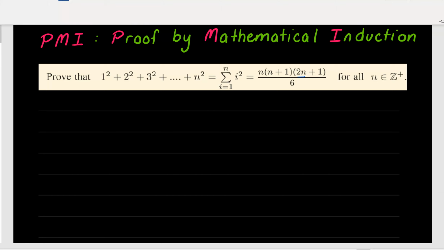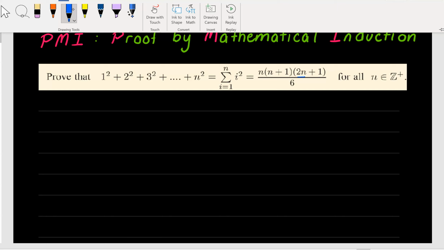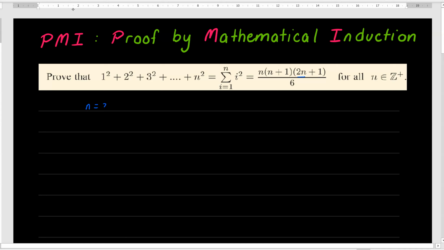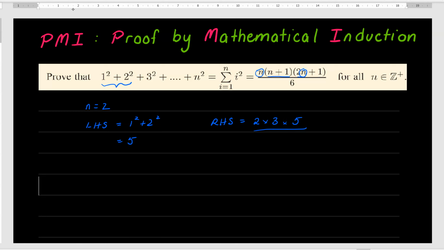Well, we could go through and just choose random values. So what if we go, will it work for when n is 2? So when n is 2, we're looking at the first two terms here. So the left-hand side is going to be 1 squared plus 2 squared, and we can see that, yep, that's 5. The right-hand side, when n is 2, becomes 2 times, now 2 plus 1 is 3, 2 times 2 is 4, plus 1 is 5, and we're multiplying there, not dividing, and divide by 6. Okay, so 2 3s are 6, divided by 6, they cancel, and we get 5,